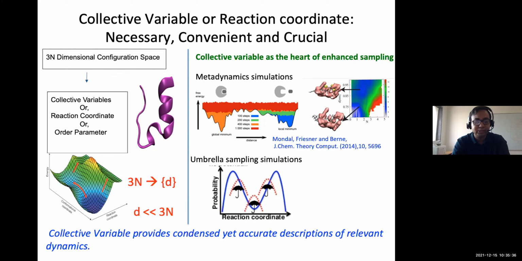And in most of the cases, those collective variables, at least for inspection, should not be too many, and it has to be restricted to definitely much less than the total number of degrees of freedom. At the same time, as it was very clear from Nissan's presentation, it also basically forms the heart of enhanced sampling, and at least the most prominent enhanced sampling techniques, which are most popular, which are metadynamics simulations and umbrella sampling. These need collective variables to start with, so that we can bias things in a particular direction